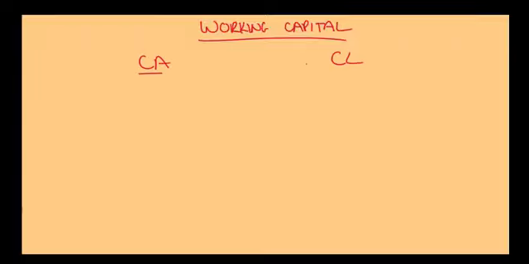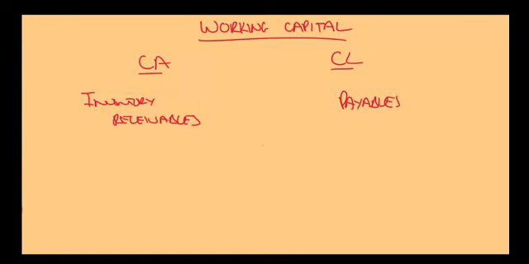Hello, everybody, and welcome to the management of working capital. It's really important and comes up all the time in the exam. Working capital is our current assets and our current liabilities. What goes into current assets? Things like inventory, receivables. And what goes into current liabilities? Payables. And of course, we could have cash at bank, or we could have an overdraft. It's just how we manage these, and how we manage these all depends on our focus.